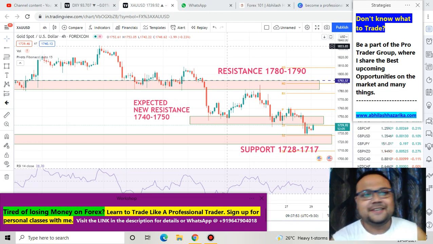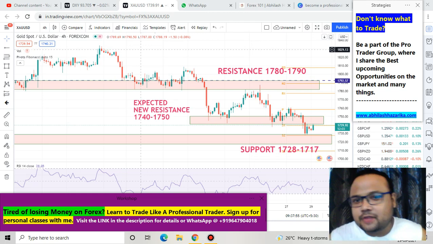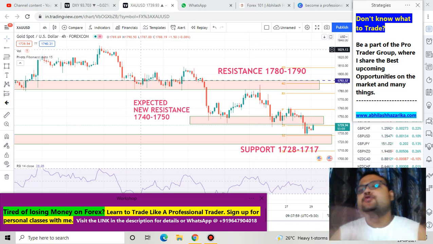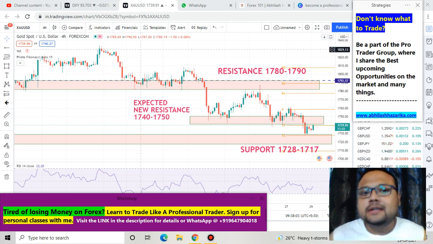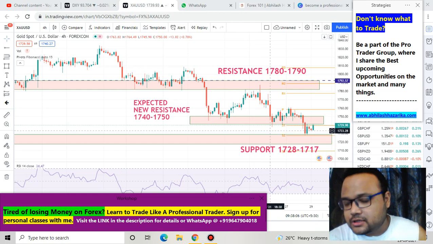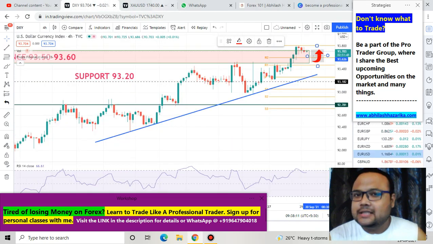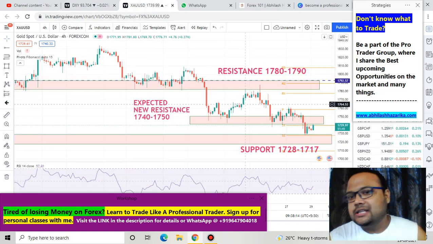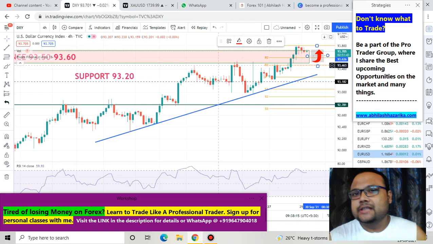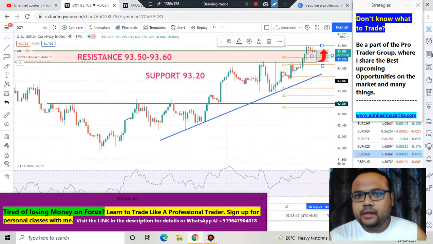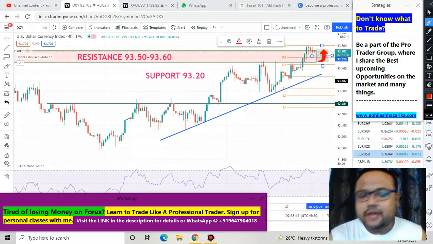So let's get started. This is the Forex chart of gold USD in front of us right now, and as we all know, there was huge volatility in the market yesterday, and the market broke the important support of 1740 to 1750. If you have watched my yesterday's video, then I clearly mentioned that there is a good possibility of the market going towards the downside because the dollar was extremely strong, and as per our calculation